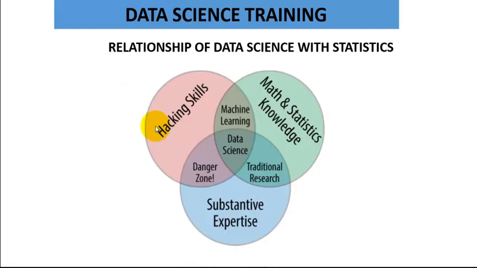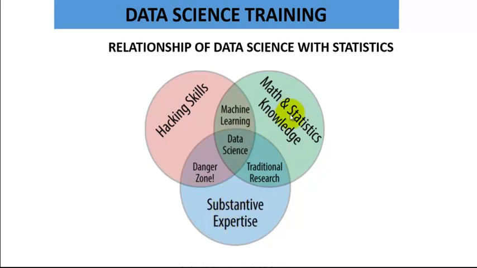Now let's come to the relationship between data science and statistics. I have this Venn diagram. Now let's go over it. Hacking skill. This hacking skill could have been computing skill. Sorry for that language. It should have been computing skill. Then we have mathematics and statistics knowledge. Then we have the substantive expertise. That is your knowledge domain. So this one, look at the mouse. This area is talking about whether you are a doctor, an engineer, a lawyer, or an accountant. So this is your domain, your expertise.